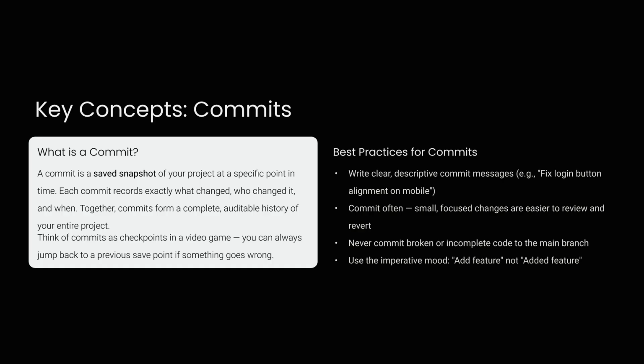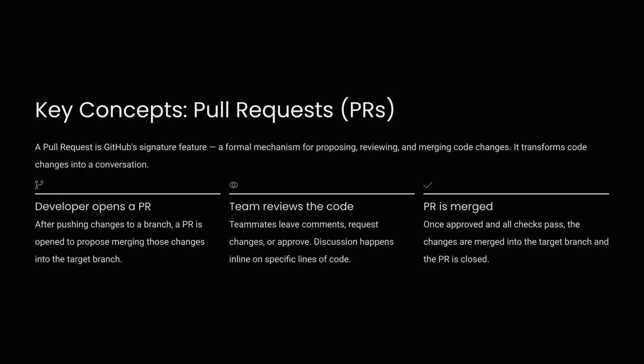Think of commits as video game checkpoints. Pull requests, or PRs, are GitHub's signature feature, transforming code changes into a conversation. A developer opens a PR, the team reviews the code, and once approved, the PR is merged into the target